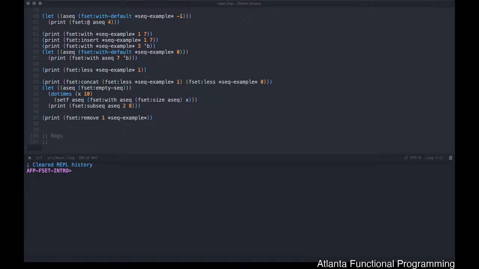Today we're going to be continuing our discussion of the FSet library, a library that contains functional, set theoretic collections, as well as some iteration constructs around those collections. Last time we discussed three of the four major data structures this library provides. Today we're going to be continuing our discussion with the final data structure that it provides, some